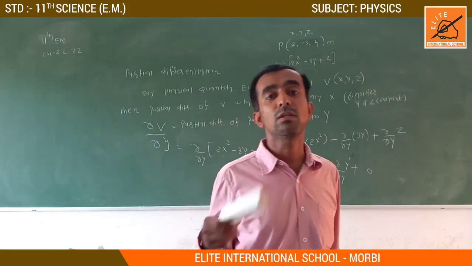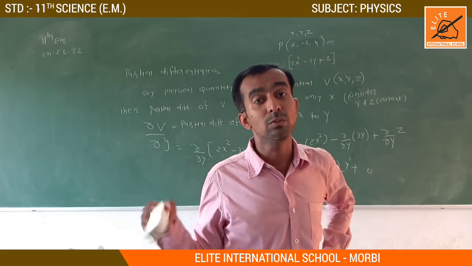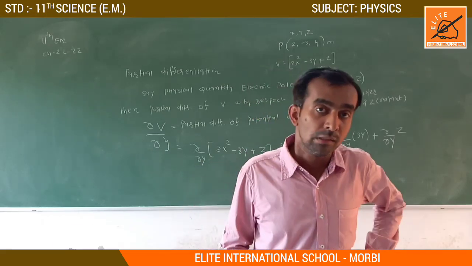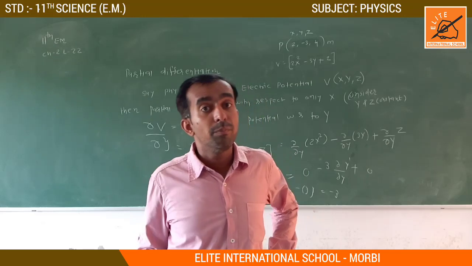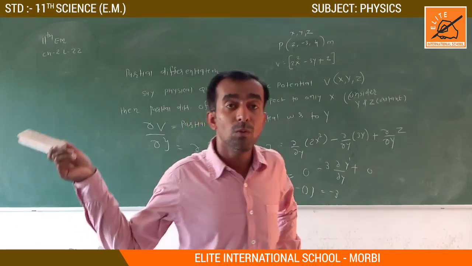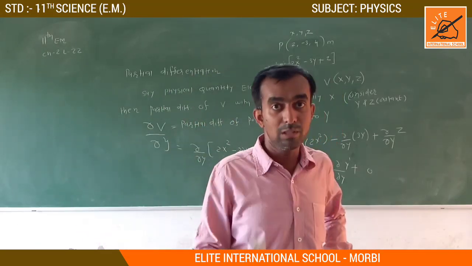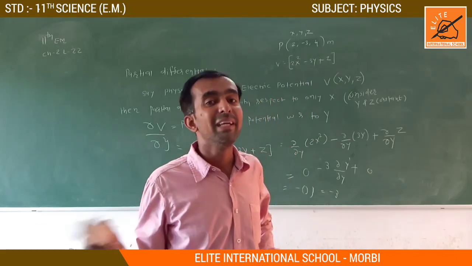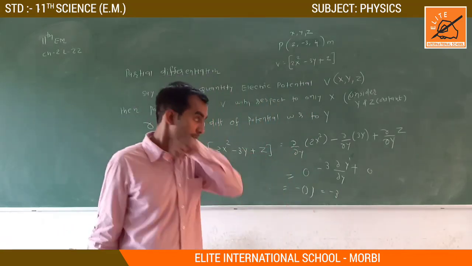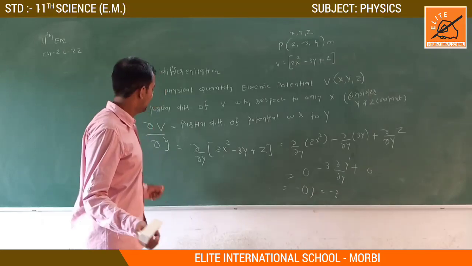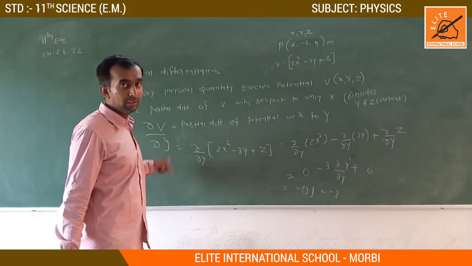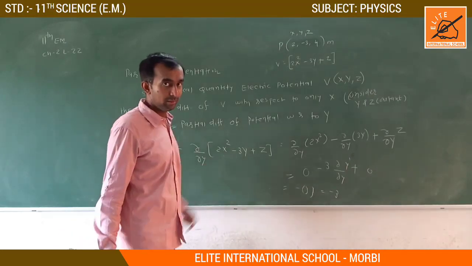So this is partial differentiation. Differentiate with respect to only one direction, x, y or z, any one. When any physical quantity is given in all three directions, consider only one, that is partial. Leaving the other two is what partial means. Do the work separately. Now for 3 partial differentiation.